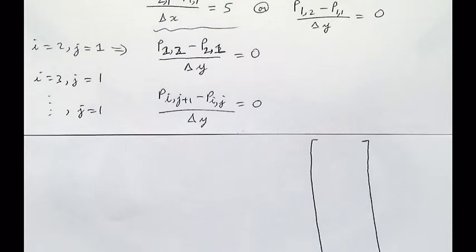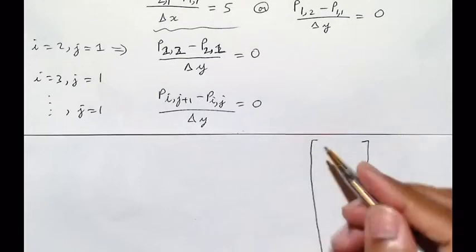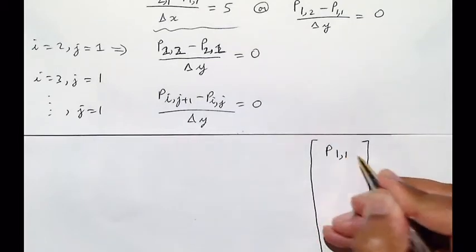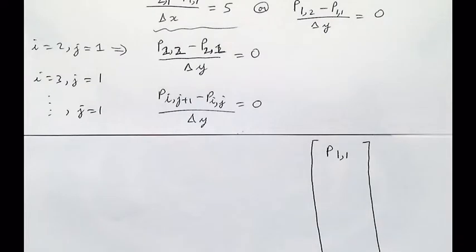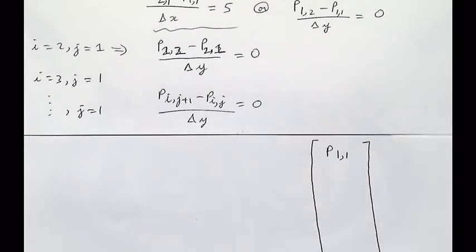Do you know what I mean when I'm forming the matrix? It's the same thing you have done in your homework when you did implicit time integration. All the unknowns go in here. So the first unknown that I want is p1,1, even though I'm given the boundary condition, it's a Neumann boundary condition, not a Dirichlet one. So this p1,1 is unknown.